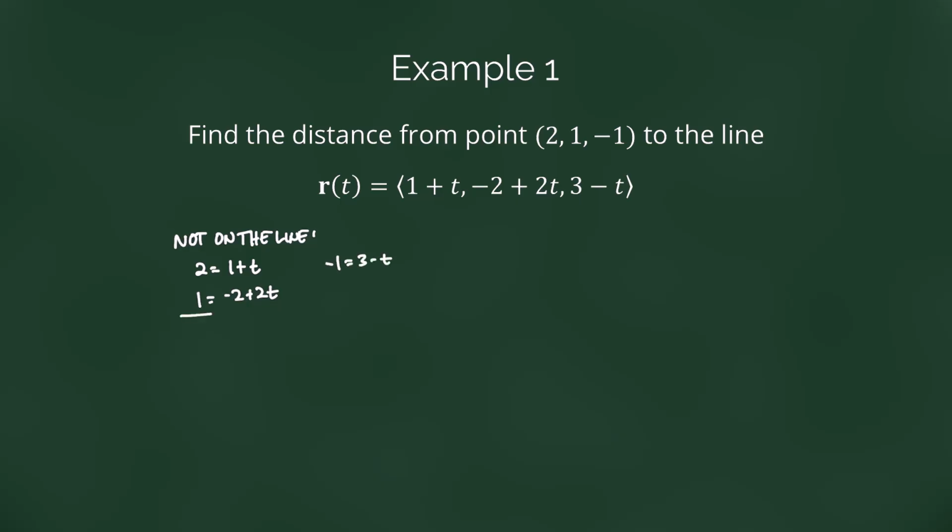So if we solve these first two for t, adding these up, we get 3 equals -1 + 3t. So that's 2 equals 3t, and t equals 2/3. But if we plug t equals 2/3 into the last equation, -1 equals 3 minus 2/3 is false. So that tells us the point is not on the line,